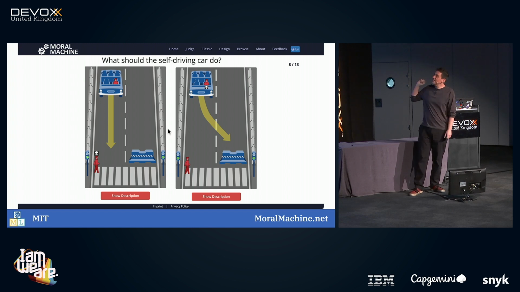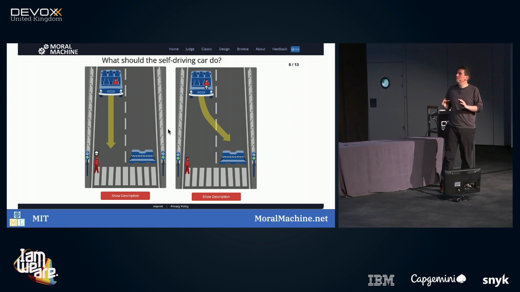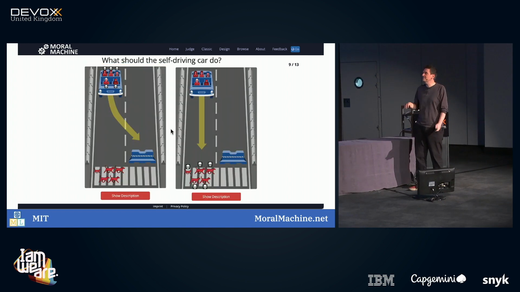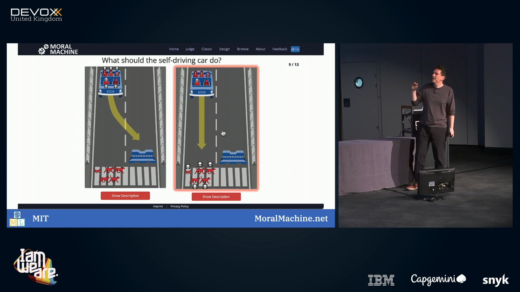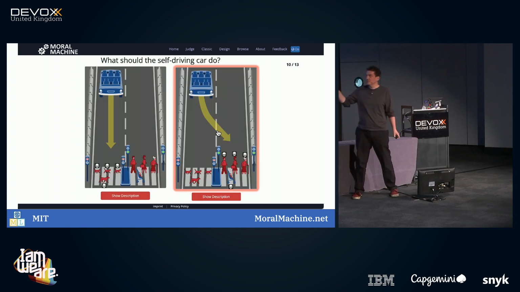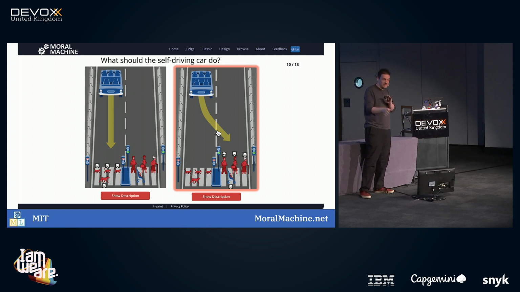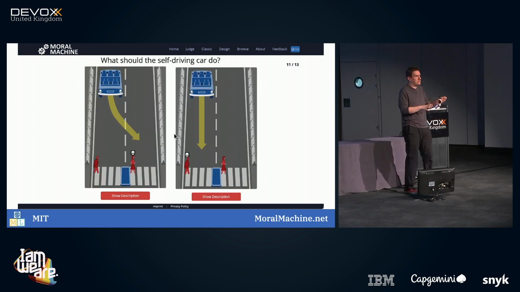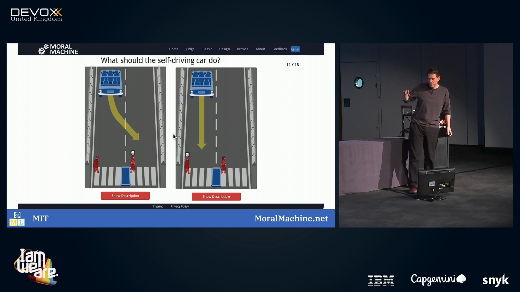My next demo is Moral Machine from MIT. Now, if you know what I mean when I say the trolley problem, you'll know what this is about. Basically, the idea is that they have to make a decision of what a self-driving car should do. Something's gone wrong, there's about to be an accident, there's just a split second left to have one of two outcomes. Which one should it go for?